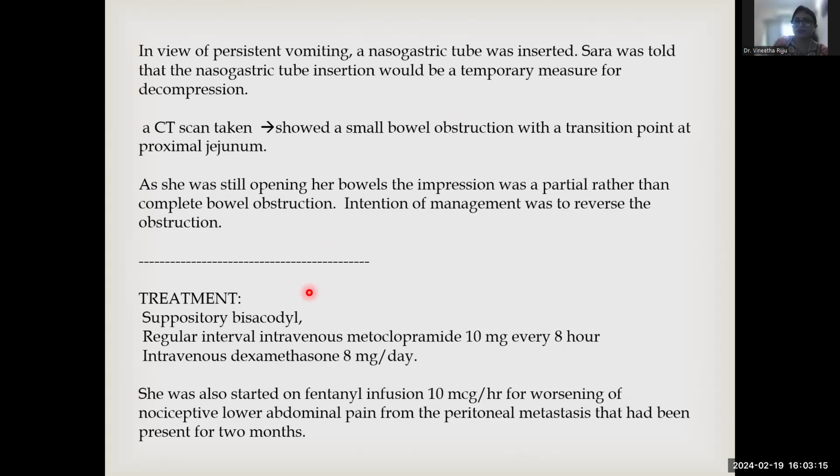So you think this is fine? She was put on laxative suppository. She was given metoclopramide. Okay. She was having partial obstruction, no? So, and she was given metoclopramide for her vomiting. So then it is okay. It will help in some movement, peristaltic movement also. So then it is okay. Intravenous dexamethasone, maybe that 8 milligram is not sufficient. She needs a little higher dose, right?